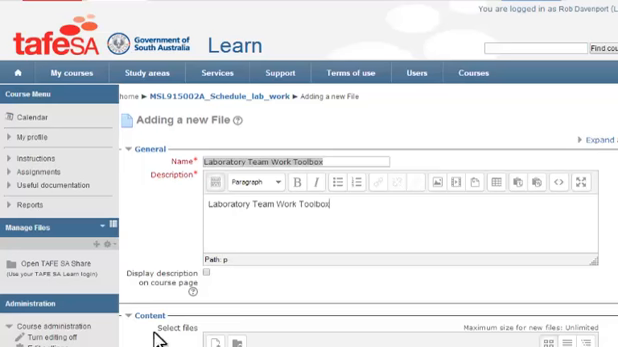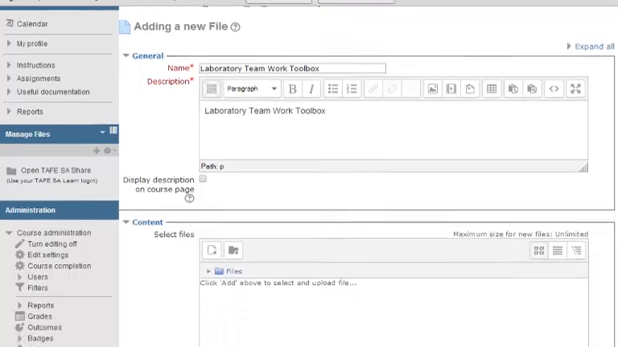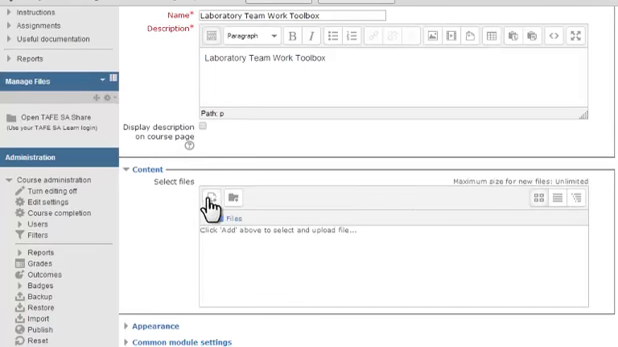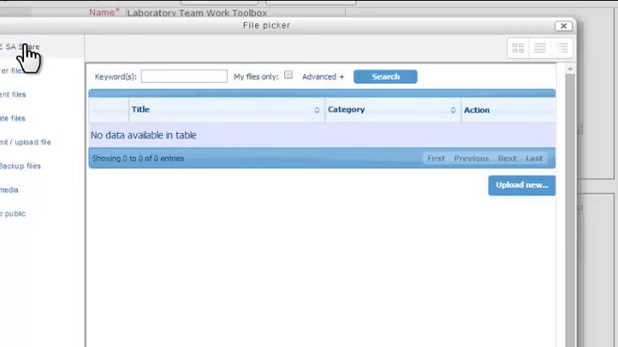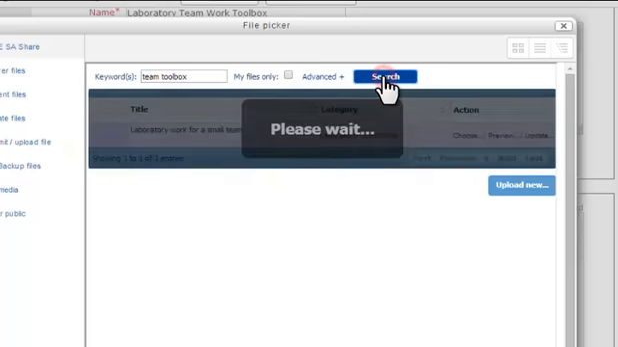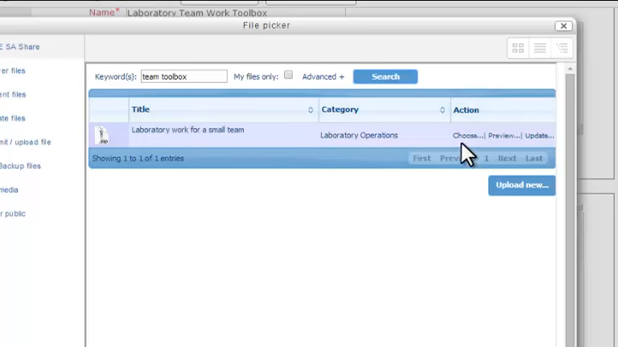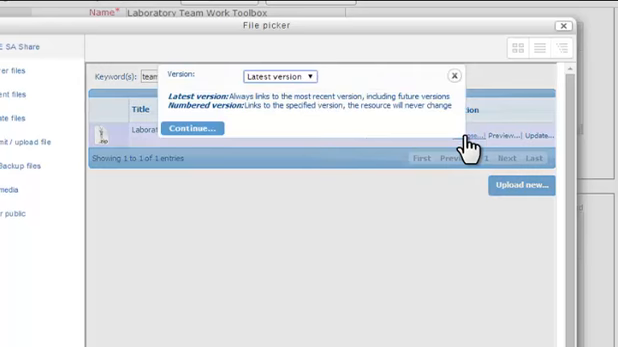So let us go ahead and add content. So we simply add the content as per normal. Make sure tafeSA is selected and we're in. Do a search, I know the keywords. That's what I'm after. Simply choose the zip file that you want,